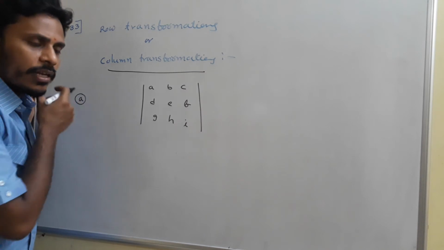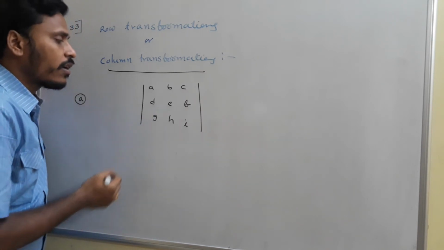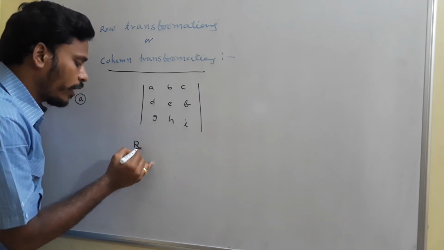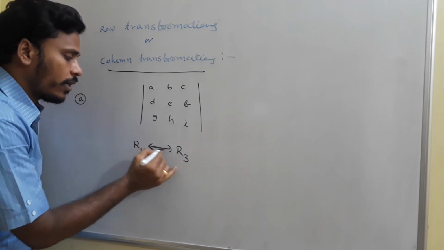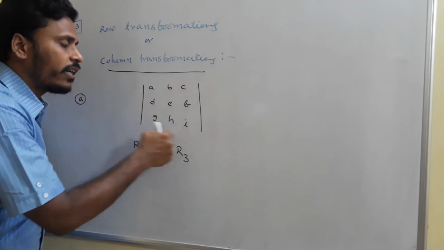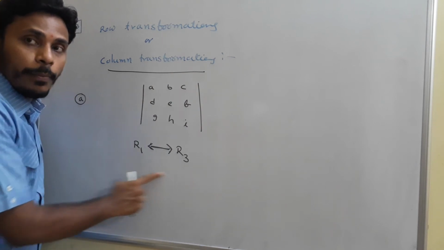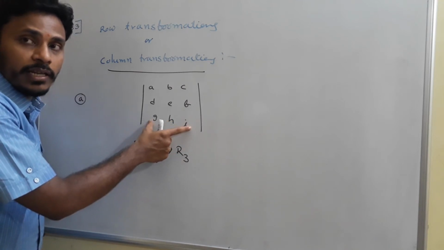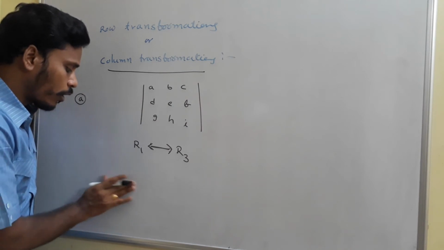Suppose for some reason I need to interchange any two rows or any two columns. In that case, first of all you need to choose the two rows which you want to interchange. Suppose I am going to interchange R1 and R3, I will write it like this: R1 interchanged with R3. Actually we need to find the determinant of this, but we are applying this row transformation, this row operation. With this row transformation, the determinant is affected by a minus sign. Already we know that. So this is equivalent, or you may use the equal to sign, no problem.